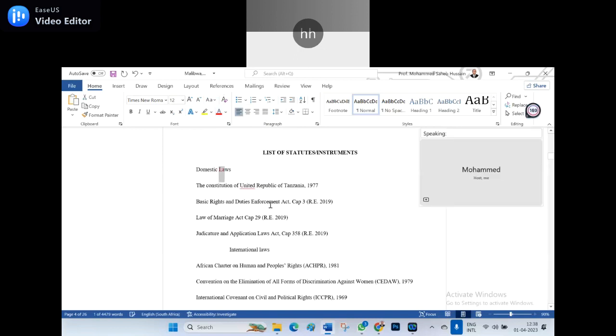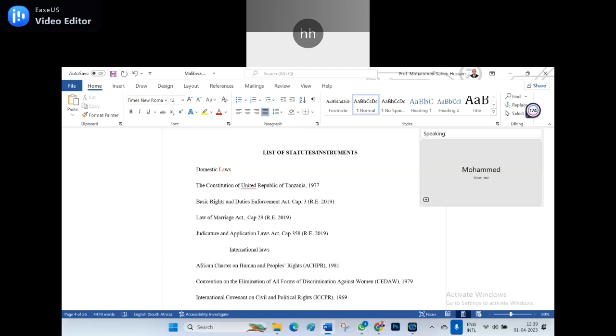Again, the Constitution of United Republic of Tanzania, when you are writing it, then C should be a capital letter, but you wrote a small letter. And the Basic Rights and Duties of Information Act, CAP is the abbreviation. When CAP is the abbreviation, generally C should be the capital letter, AP should be small letters, and it ends with a full stop. CAP full stop 3. RE 29. Law of Marriage Act. After Act, then you put the comma. And generally,